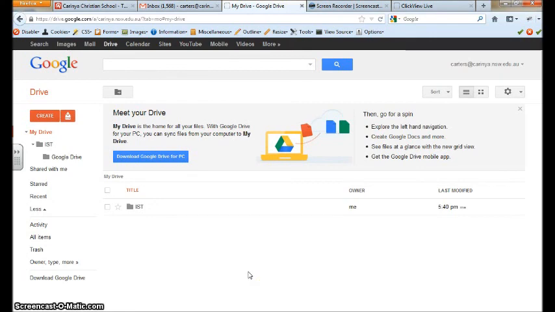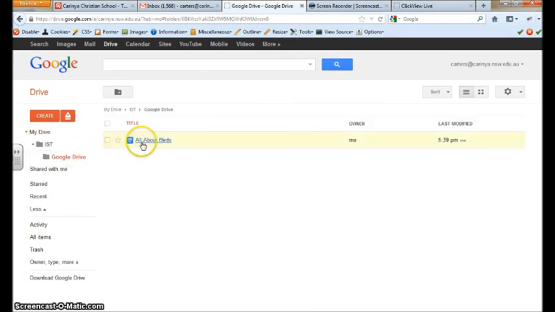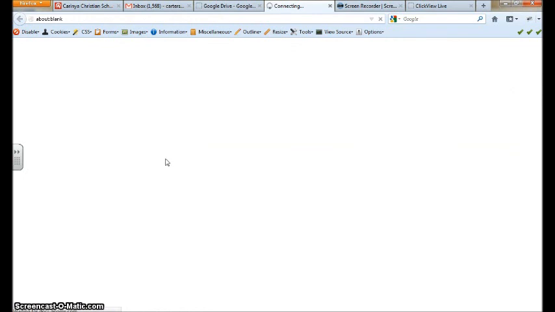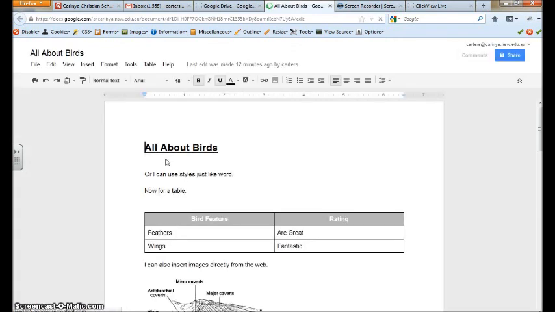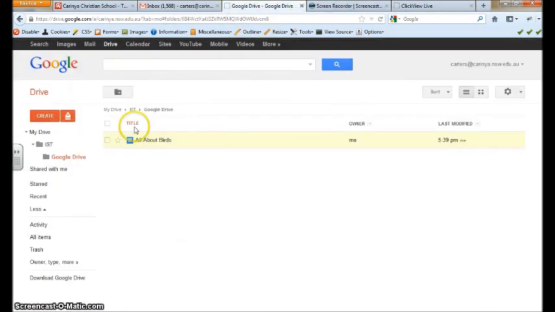So this is a basic introduction to Google Drive, encouraging you to download the Google Drive app on your PC. Once you've done that, you can start moving and migrating documents onto your Google Drive, and then following from there, you can make the choice as to whether or not you're going to work in Microsoft Office, or whether you're actually going to convert your documents into Google Docs and work in your documents using the Google products, being Google Docs,